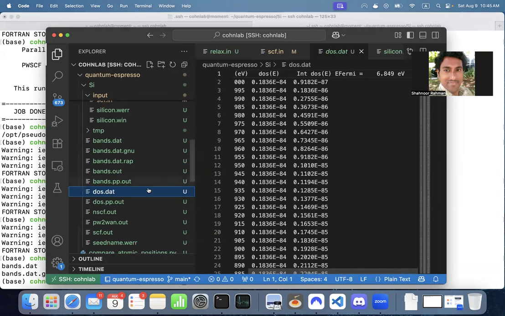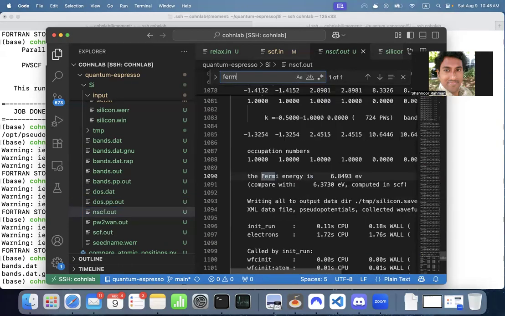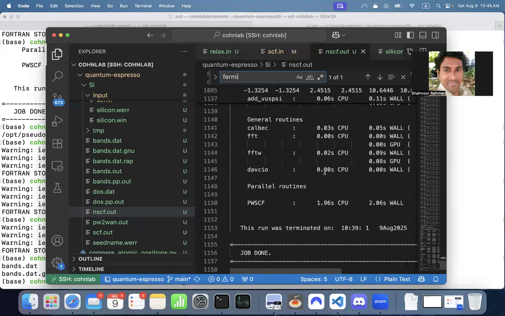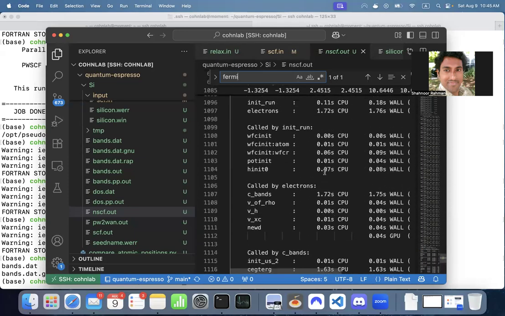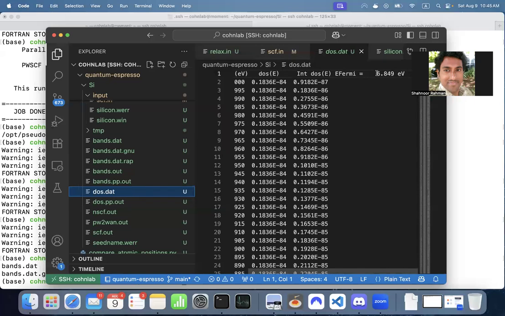That's the Fermi energy inside the dus.dat file. Or you can go to NSCF file and search for Fermi. So the Fermi energy is 6.84 here. Okay. And which is near the end of the file. So you need to copy that Fermi energy from here and then